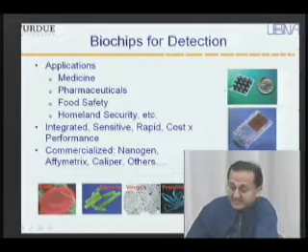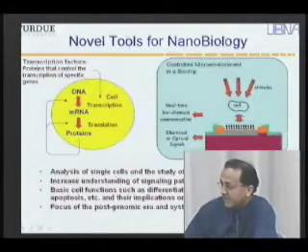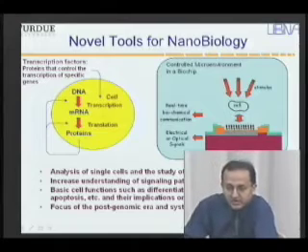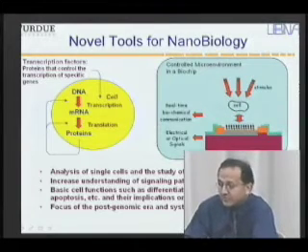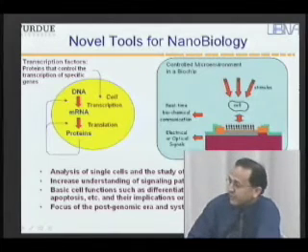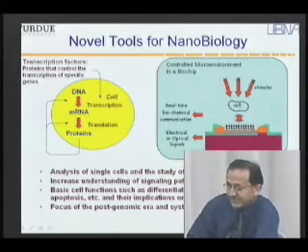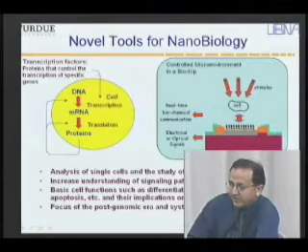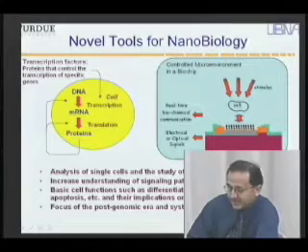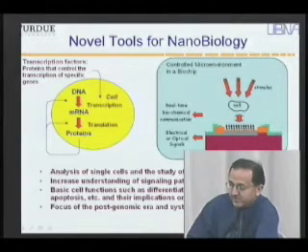So these microscale and nanoscale sensors and biochips can also be used as novel tools for what we would call nanobiology, or really understanding single cell biology. So if you look at a cell, and we'll also talk about this a little bit later, the cell is performing a variety of very complex functions. The message and the information in the DNA is converted into mRNA through a process called transcription. The mRNA message is then translated through a process called translation to proteins, and proteins are formed, and these proteins in turn control these processes of translation and